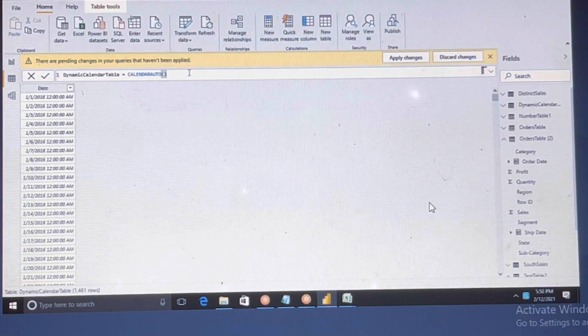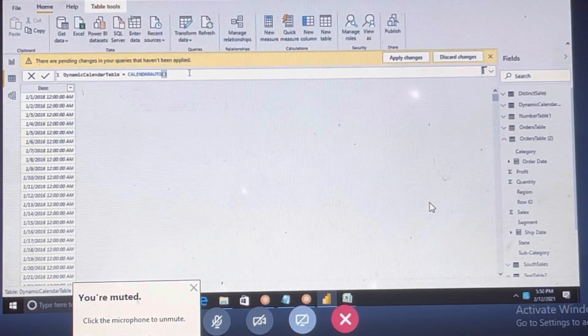There are plenty of functions, as I said, around 300 functions, so depending on the scenarios, you can use them.